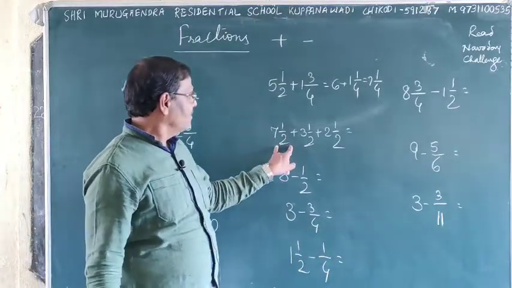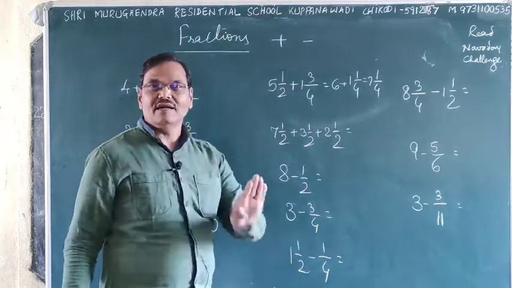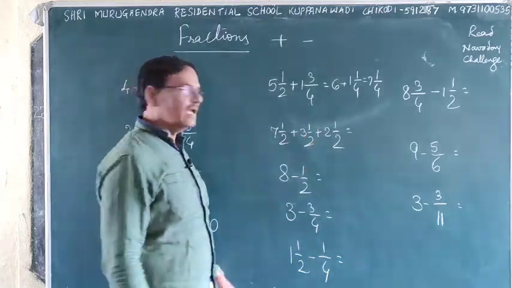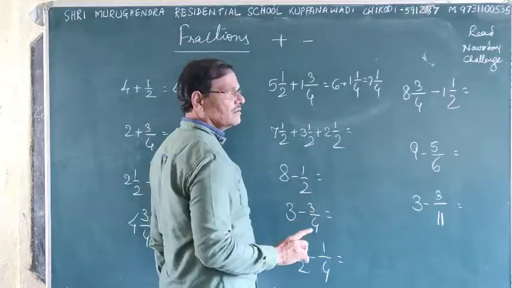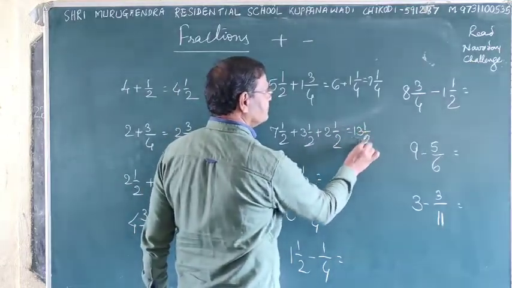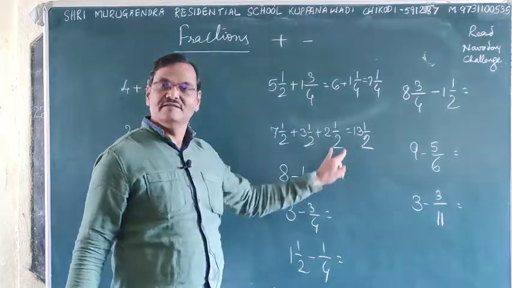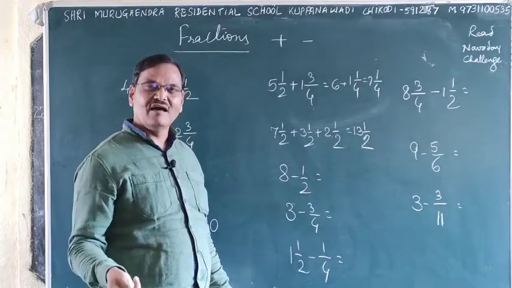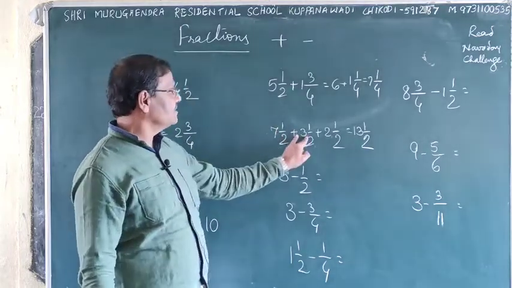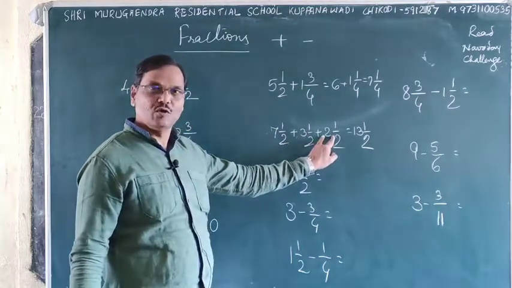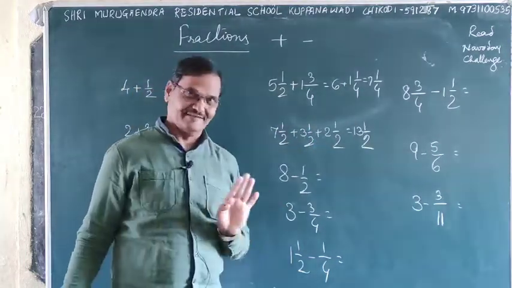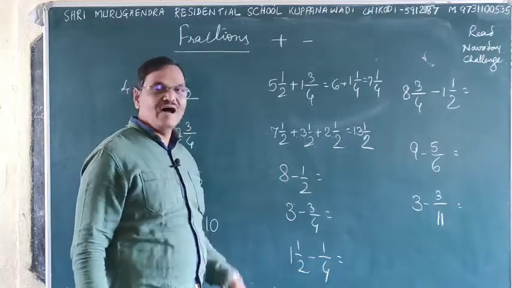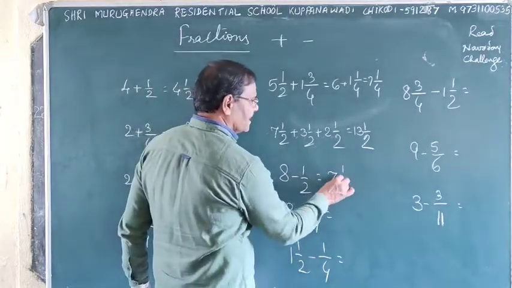See here, 1 by 2s are 3, then that became 1 and half. 1 and half, this 10, 12, 11 and half, 13 and half it is. Half, this is 1.5, that is 1 and half, 7 plus 3, 10 plus 2, 12 plus 1, 13 and half. Is it? Like in subtraction, see, 8 minus half is 7 and half.